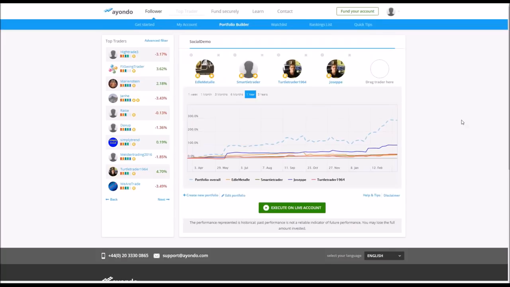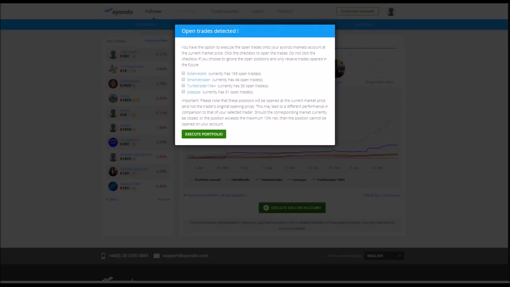If I'm ready to go, then the next step is to execute on live account. So let's click on there. A warning comes up first of all. There are a couple of warning screens. First of all, clearly because these people are active traders, they will have trades that are open already. So Edelmetall has got 193 open trades. Smarty Trader's got 46. Turtle Trader's got 33. Giuseppe's got 31. If I want to, I can have their existing open trades opened on my account now, but